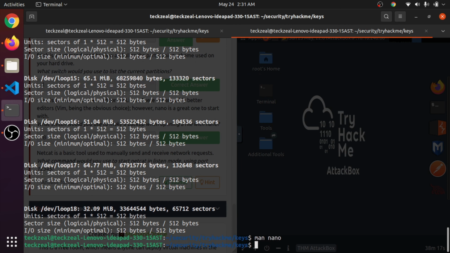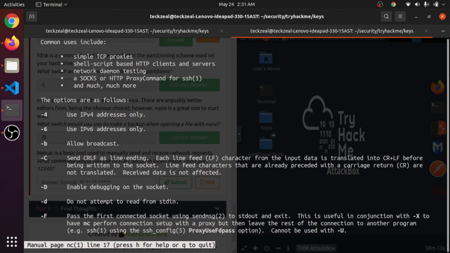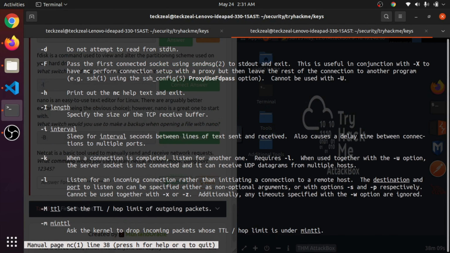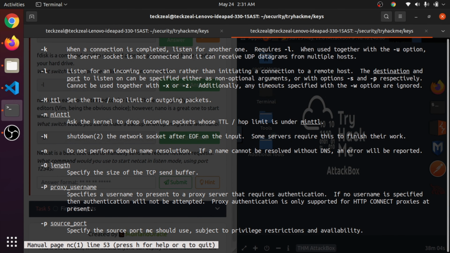So we'll look at man nc. Here, for the 12345 port we will use -p, and the other thing is that they are telling listen mode.